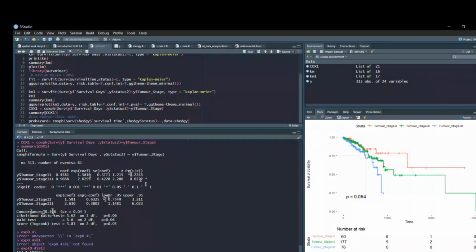What should I compare it with? Like, should I say our R squared in normal regression analysis? So this is just telling us that the model predicts, how well it predicts our model, that is 56.6%. This likelihood ratio test, the Wald test, and the log rank test, they are asymptotically